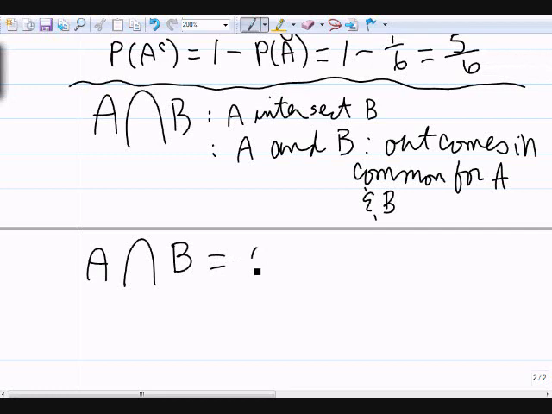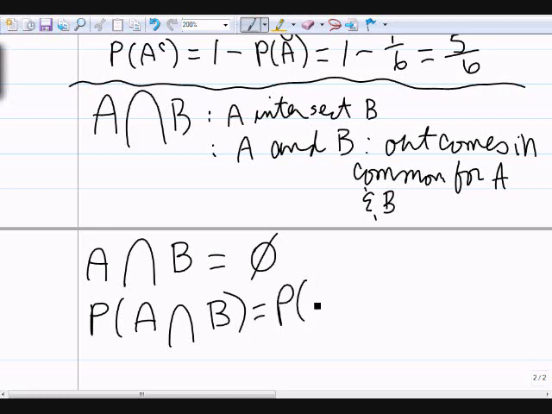Their intersection is called the empty set, a 0 with a line through it. So the probability of A intersect B, or the probability that event A happens and event B happens, that we get a 2 and an odd number, is 0. So if they're disjoint, guys,